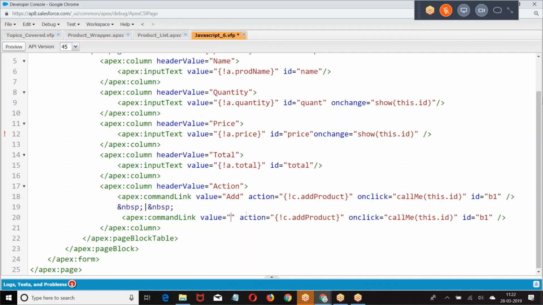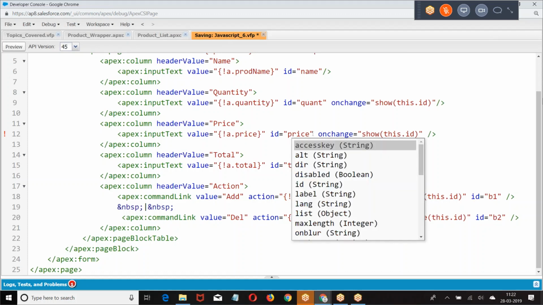Then add. So this is a structure what I create.